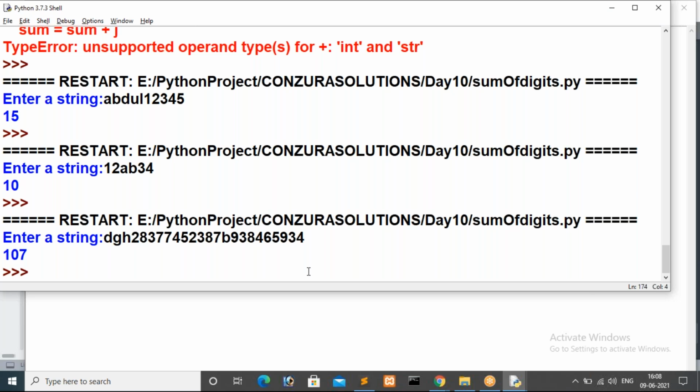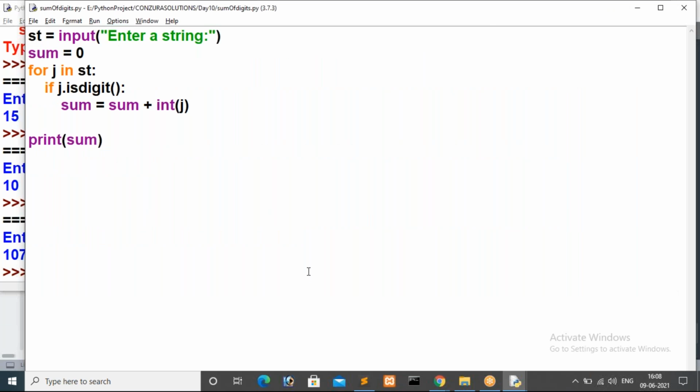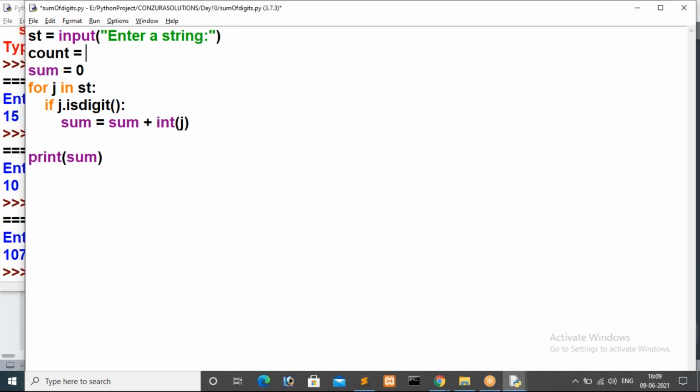Now I hope it is clear to all how to find the sum of the digits. Then how to find the count of digits? In the same way we can print count also. For count also I'm going to initialize a value 0. Now after sum I want to print the count of those digits.